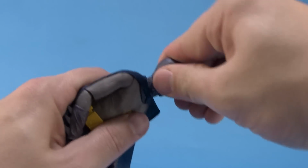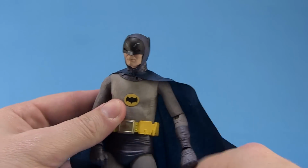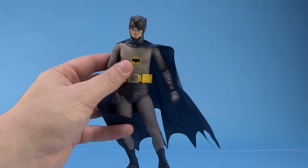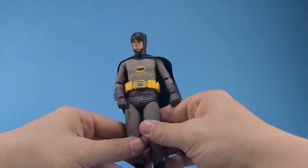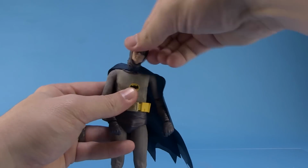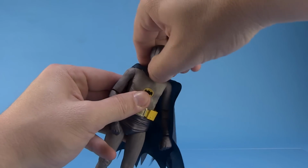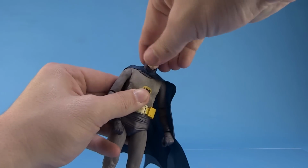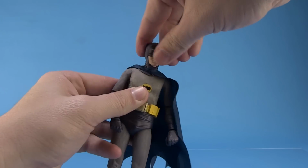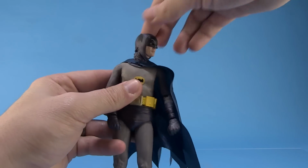But I'm going to go and switch it back because this is actually the accurate way, and now let's go ahead and take a look at the articulation on this guy. So I already talked about that ball joint right there at the neck, so you can rotate the head left and right, roll it all the way around. You can even get a pretty decent up look on there, and he's also jointed kind of at the base there, so you can just rotate the neck as well. That might just be more of the cowl that moves around underneath it, but still, great range of motion there